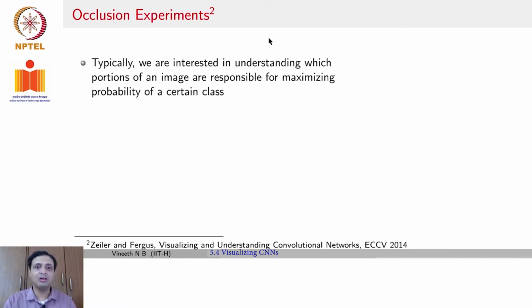Remember, a neural network learns correlations between various pixels that are present in your dataset to be able to give good classification performance. So if all of the cats in your dataset were found only on grass, a neural network could assume that the presence of grass means a presence of a cat. Obviously, if you have a test set where a cat is found in a different background, the neural network may now not be able to predict that as a cat. So to be able to get that kind of trust in the model, that the model was indeed looking at the cat while calling it a cat, the occlusion experiments